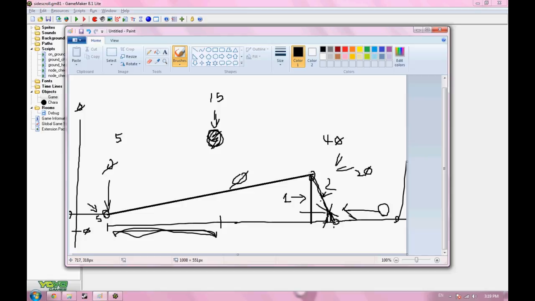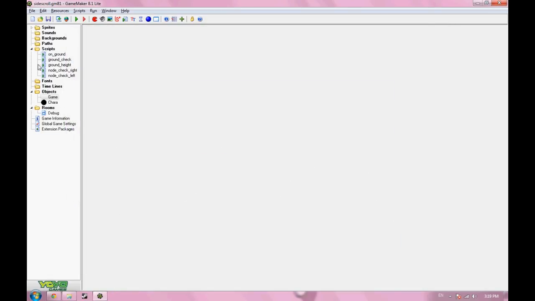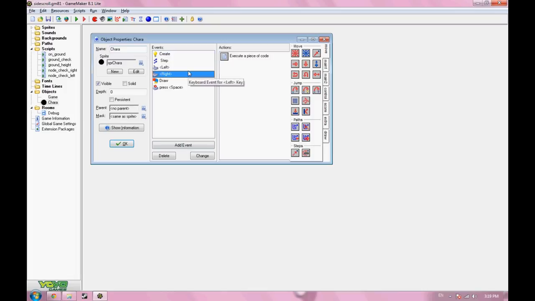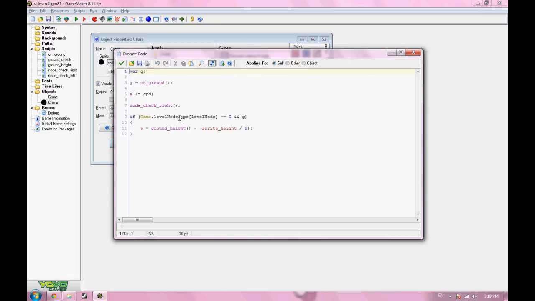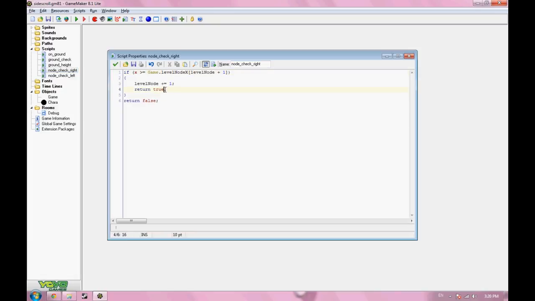And I'm actually going to tell it to do the checks differently too. When it actually tries to do all that stuff, when it does the node checks, whether or not you're on the ground, that sort of thing, it's going to have to completely change this. I think the place I'm going to start is if it does the node check,